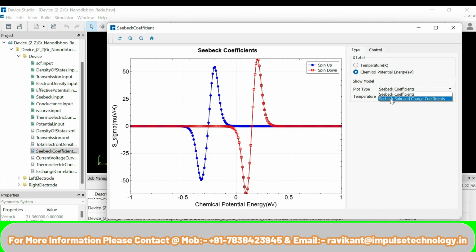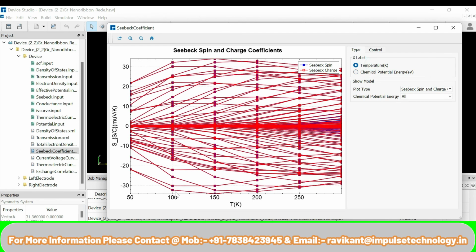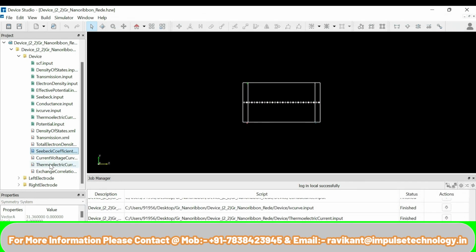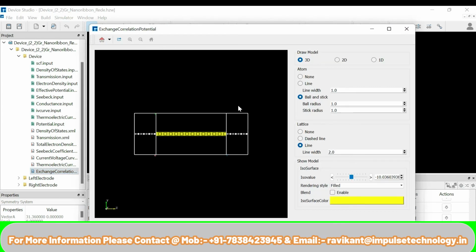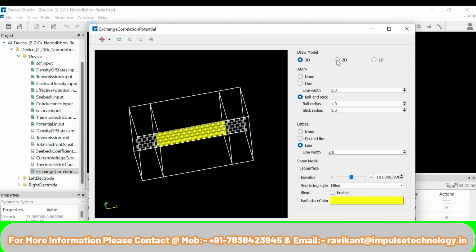And similarly Seebeck spin and charge coefficient. This is Seebeck spin and charge coefficient plot, with respect to chemical potential and with respect to temperature. So whatever plot you want to visualize, it can be done in all this similar manner. And similarly, if you want to see this thermoelectric current exchange correlation potential, like I click on the exchange correlation potential. This is exchange correlation potential, 3D view, 2D view,